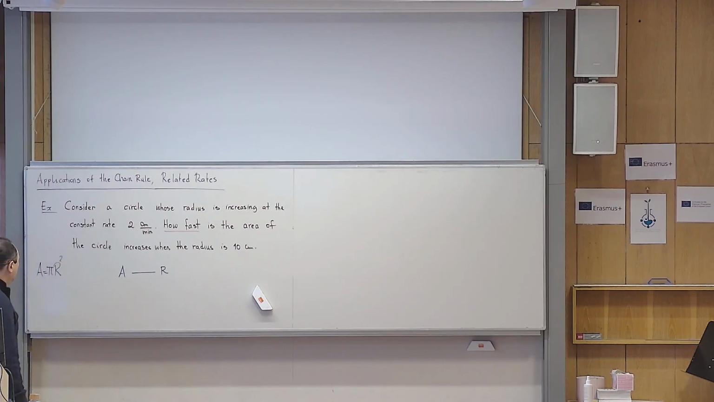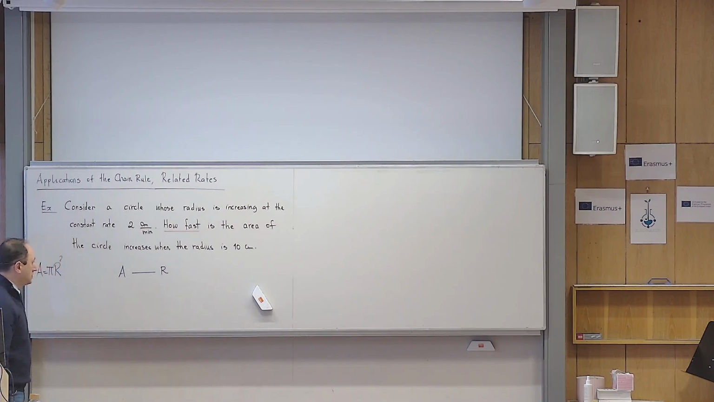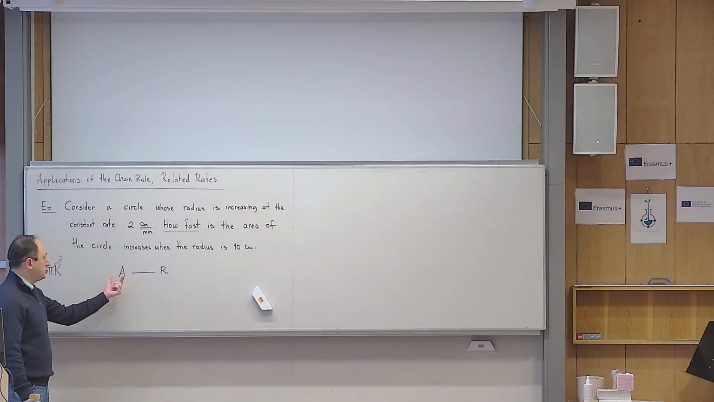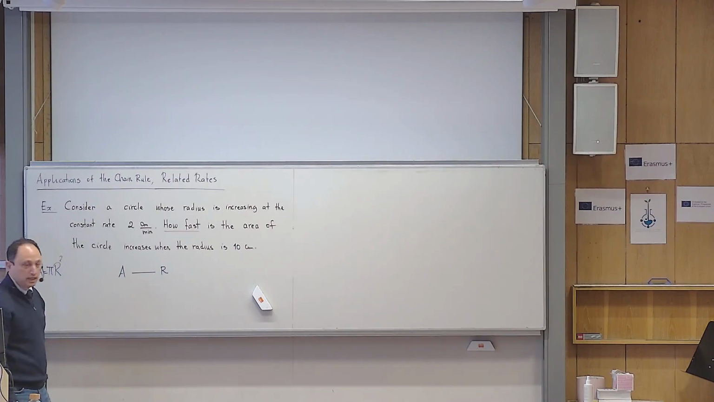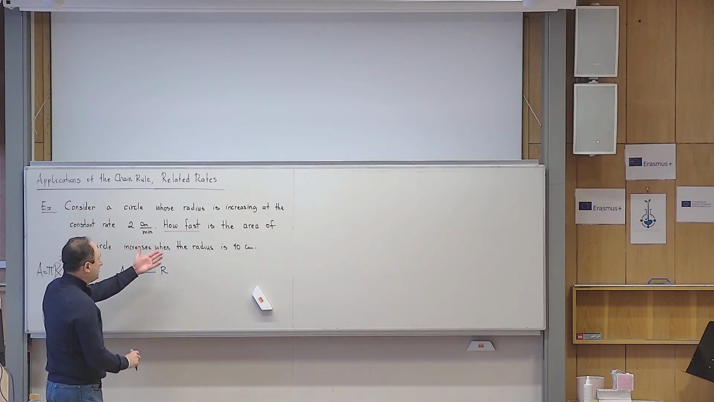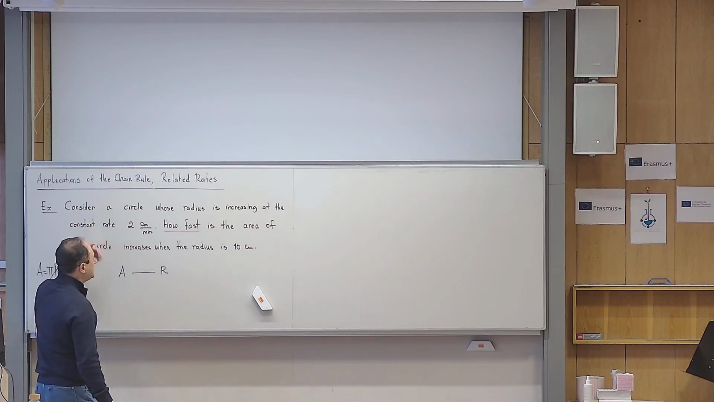Okay? But they are asking how fast the area is changing. So they want to know about the rate at which the area is changing over time. This is the meaning of the phrase. Okay? But now, in this problem, they are telling you directly that the radius is increasing at the constant rate